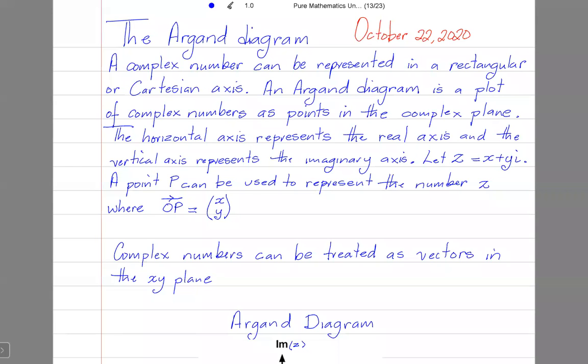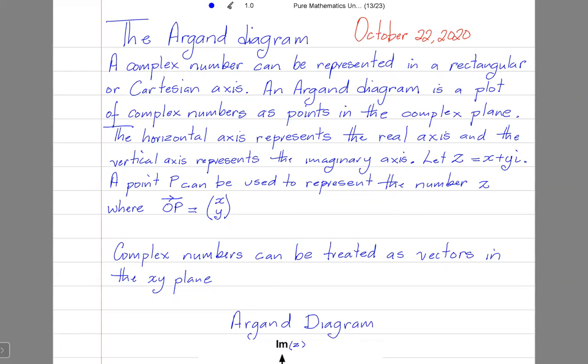So starting over. The Argand diagram of October 22nd, 2020, says a complex number can be represented in a rectangular or Cartesian axis. An Argand diagram is a plot of complex numbers as points in the complex plane. The horizontal axis represents the real axis and the vertical axis represents the imaginary axis. So if Z is the complex number x plus iy, a point P can be used to represent the complex number Z, where